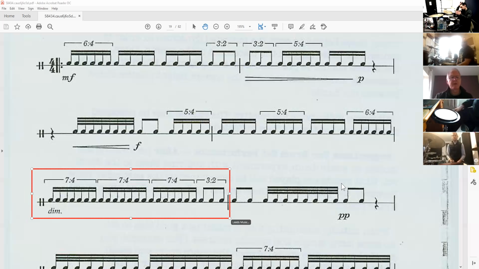Okay, so 1, 2, 3, 4. 1 and the get the 2 and the get the, sorry, a little faster. 1 and the get the 2 and the get the 3 and the get the 4 and 1, 2, 3,